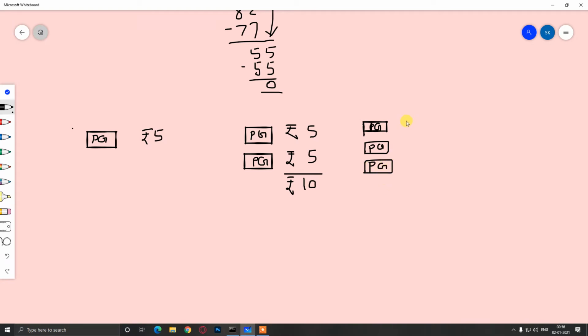So obviously this is rupees 5, this is also rupees 5, this is also rupees 5. So this will be what? Total 15. So as you can see that as the number of Parle-G increases, the cost also increases, and